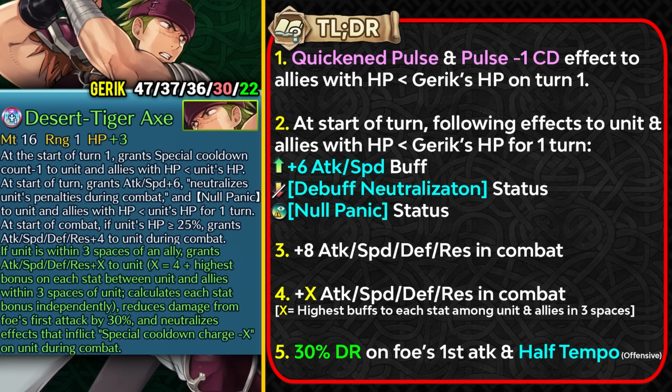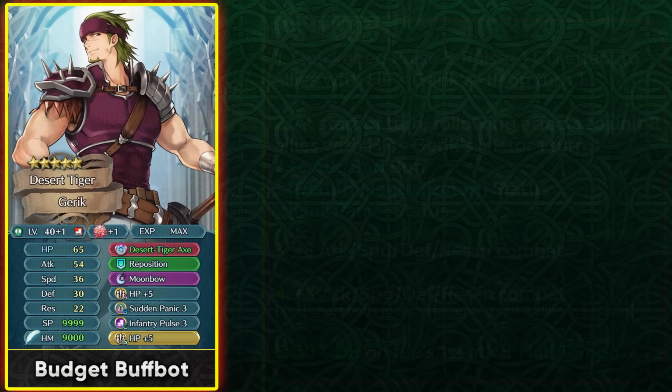So the buff is global, which is amazing, and it can be really helpful in something like Summoner Duels, where you're going to be running some kind of raid boss team. On a budget, Gerik is going to be used with HP +5 as the Sacred Seal and also in the slot A, and he's going to be used in something like Arena Assault or Limited Hero Battles for just buffing up the allies and being a nice buff bot, on top of having Infantry Pulse,